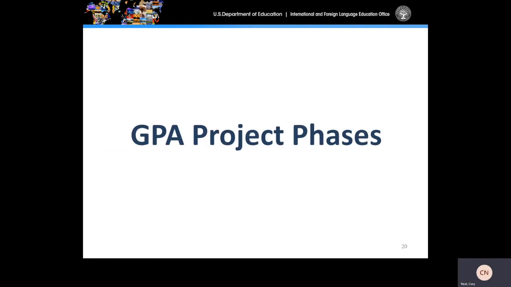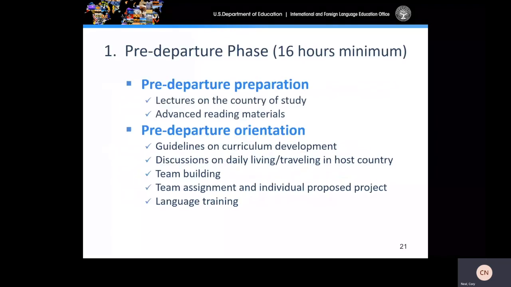Okay, let's discuss the GPA project phases. These phases include pre-departure, the overseas phase, and the post-overseas or the follow-up phase. For the pre-departure phase, grantees should allot at a minimum 16 hours for pre-departure orientation. Pre-departure preparation should consist of conducting a series of lectures on the country of study.